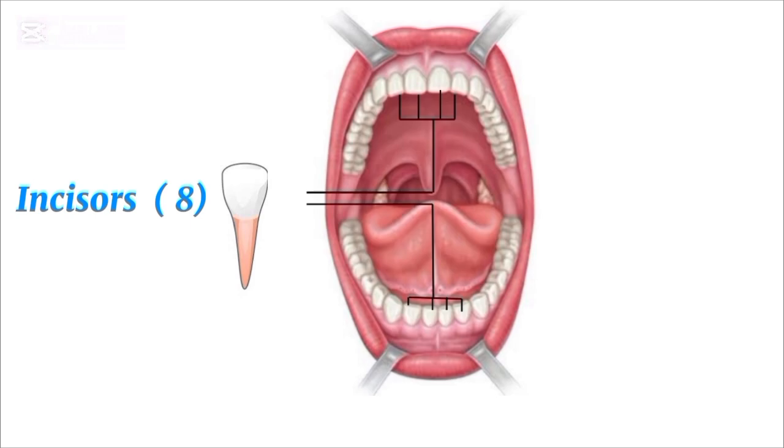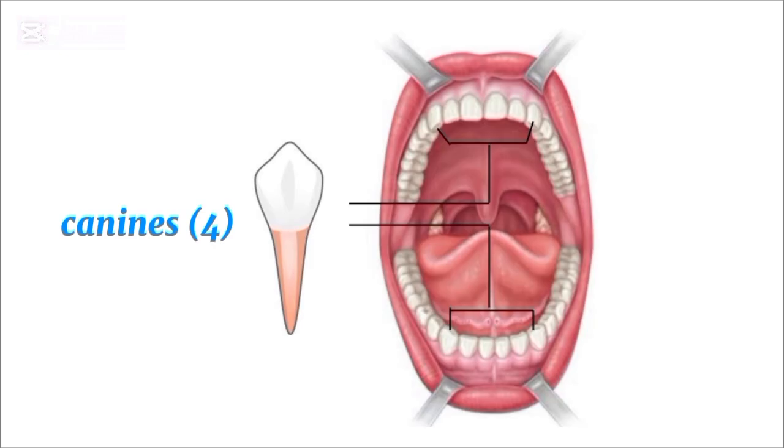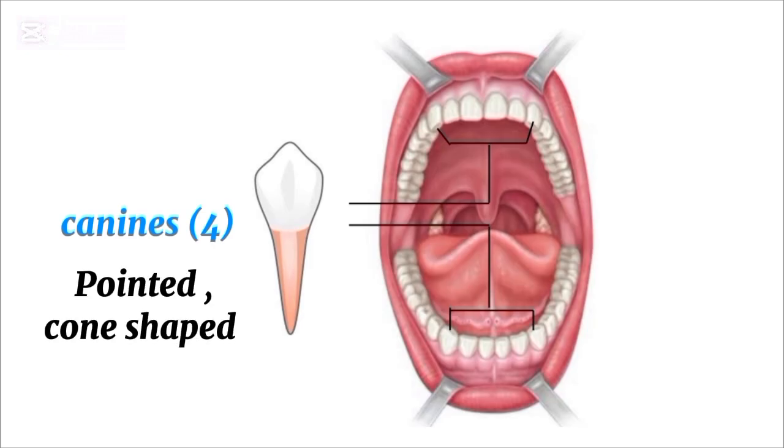We have 8 flat-edged incisors, 4 in upper jaw and 4 in the lower jaw. These are our front teeth and are used for cutting and biting food. We have 4 pointed and cone-shaped canines, 2 in the upper jaw and 2 in the lower jaw, and are